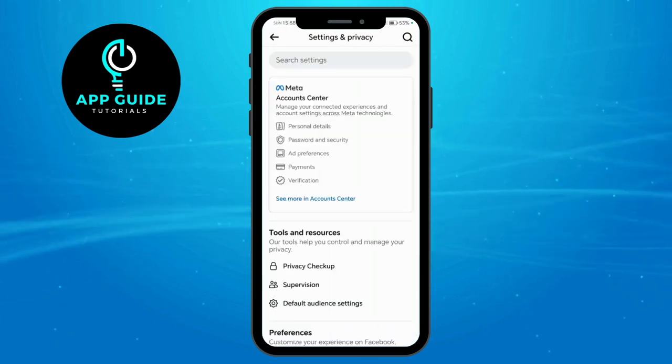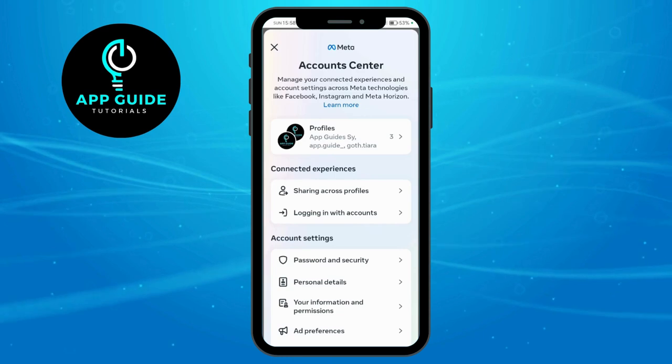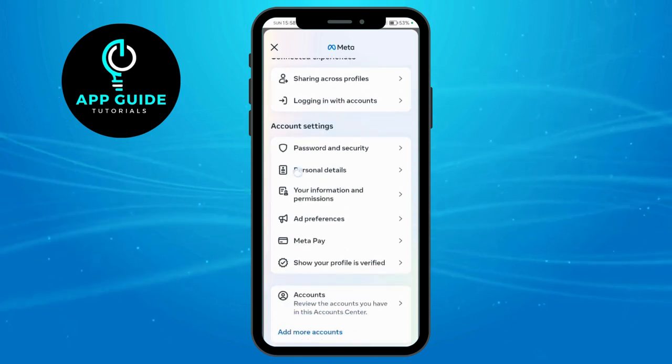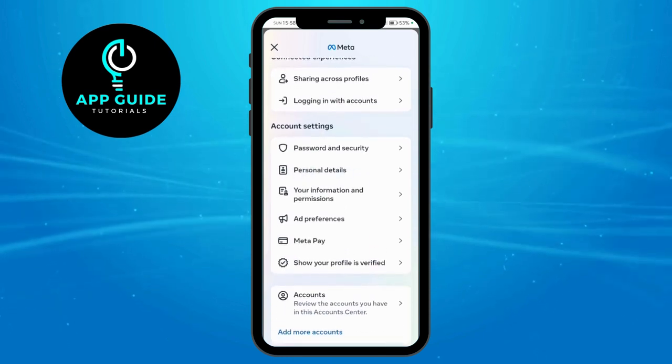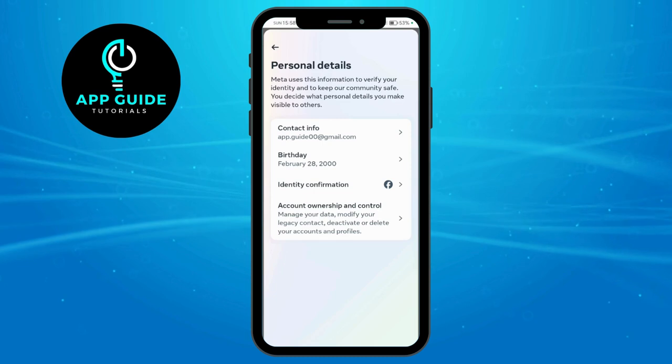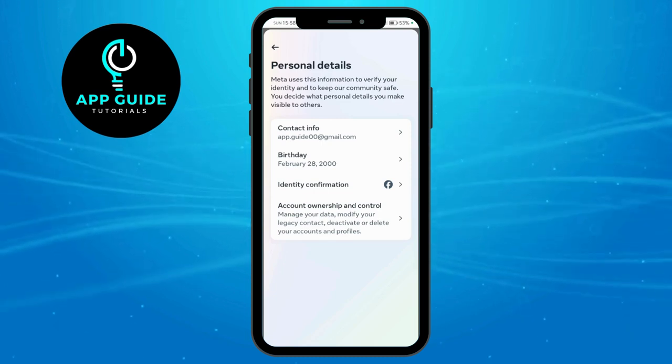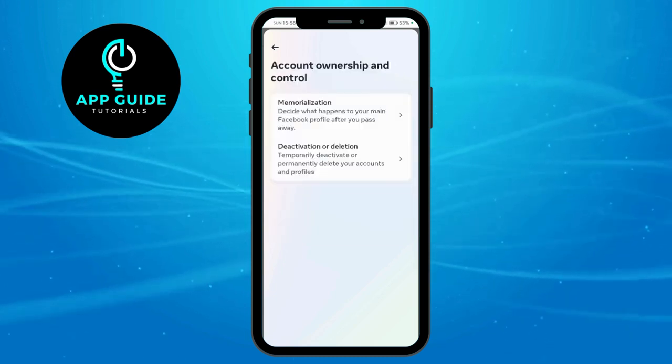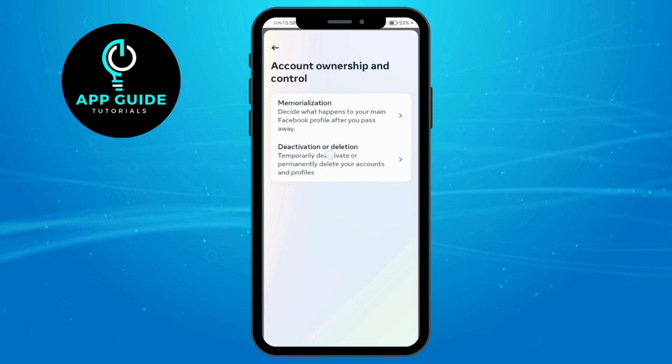Now, all you have to do is go to your Account Center and scroll down until you see Personal Details right here. Now, all you have to do is tap on Account Ownership and Control right here